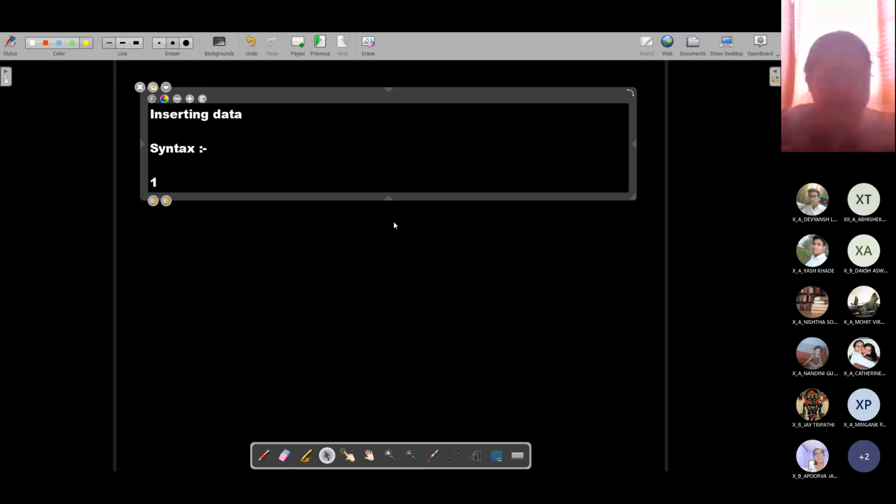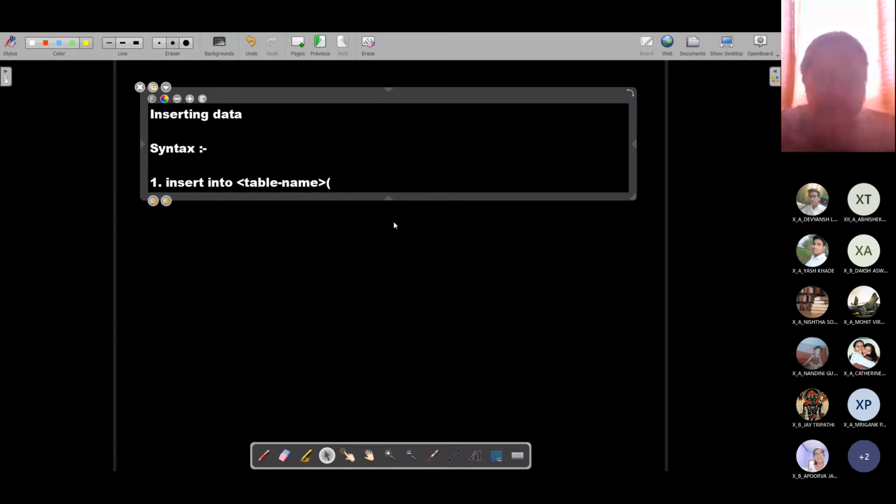Insert has two formats. Number one is insert into table name, and there will be an opening bracket, and within this, actually these two round brackets are known as parentheses. I'll just write it here, parentheses. So you have to pronounce it like this.